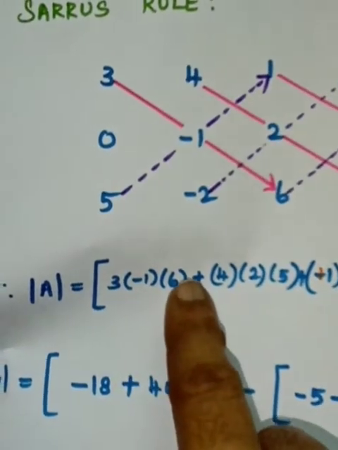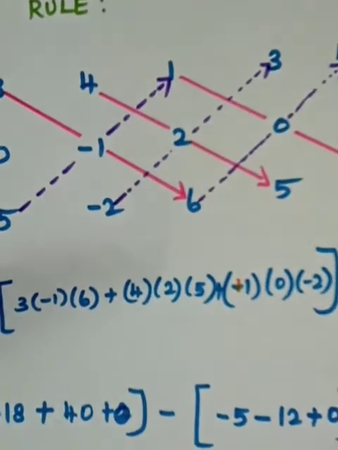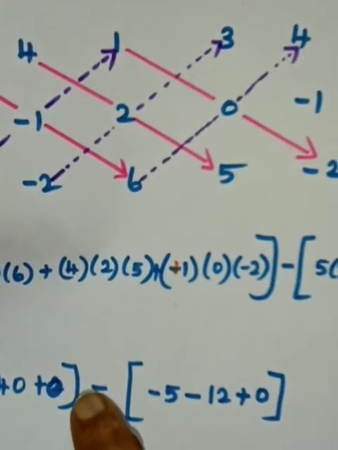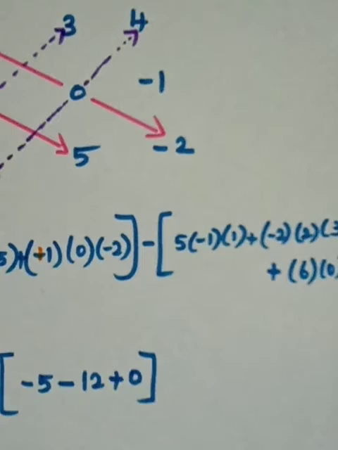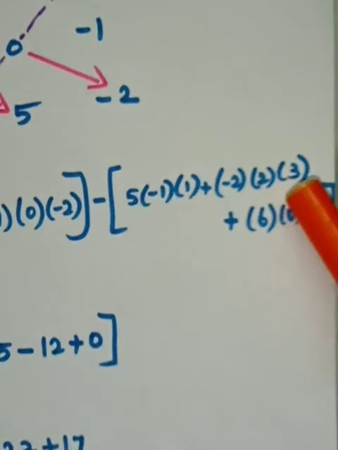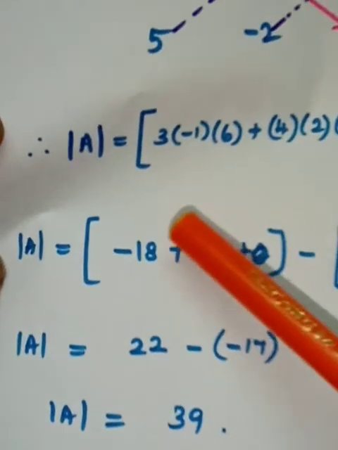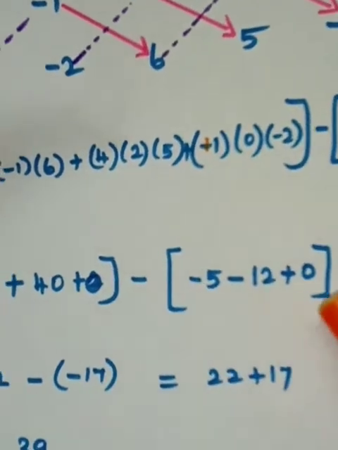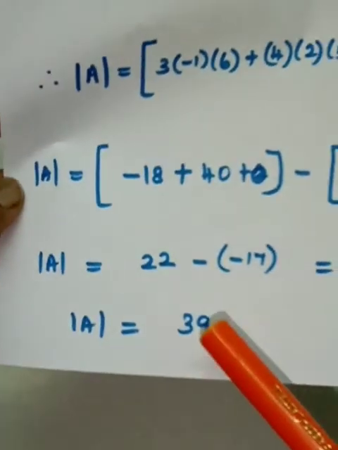3 into minus 1 into 6 is minus 18, plus 5 into 2 is 10, 10 into 4 is 40. Here you have 0, and when you multiply with 0, the answer is 0. In between you have to write minus. In the same way, you multiply these elements. 5 into minus 1 into 1 is minus 5. Next one, minus 2 into 2 into 3 is minus 12. And here you have 0, so the element is 0. So when you calculate, it is 22. In between you have minus. When you calculate these elements, it is minus 17. So minus of minus 17 is plus 17. So the determinant value is equal to